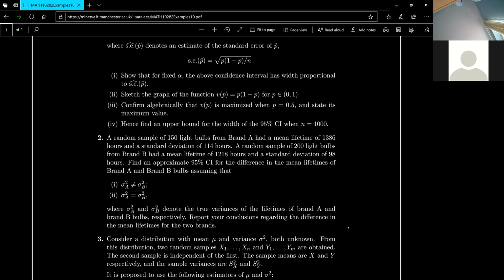You guys okay? So you have again two brands, brand A and brand B. You are given the mean and the standard deviation for each of them. And the question, the first part is to, or we'll do the second part first. The second part is to